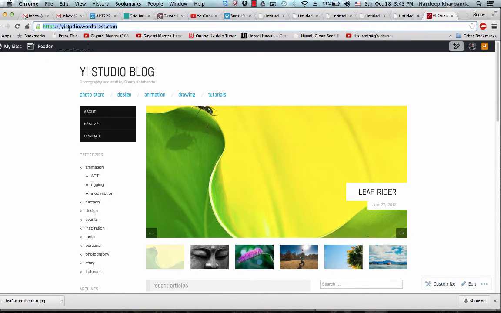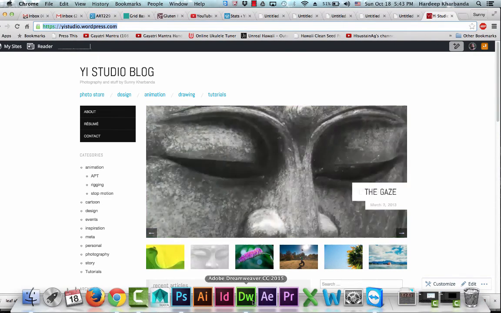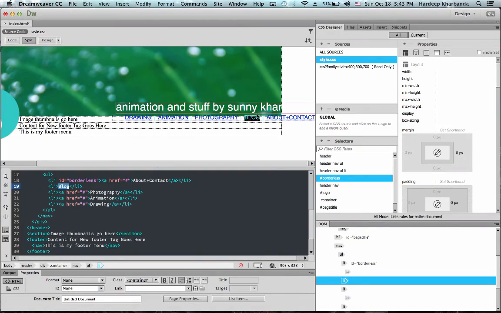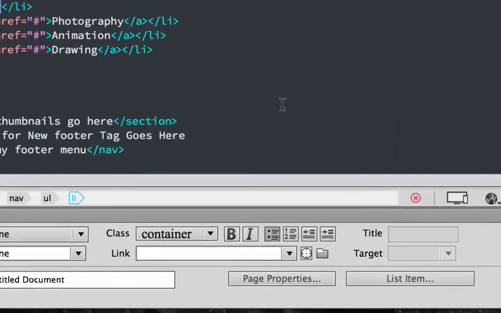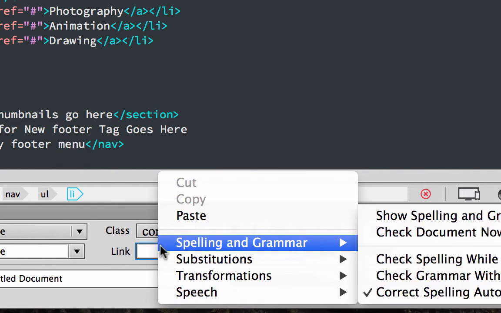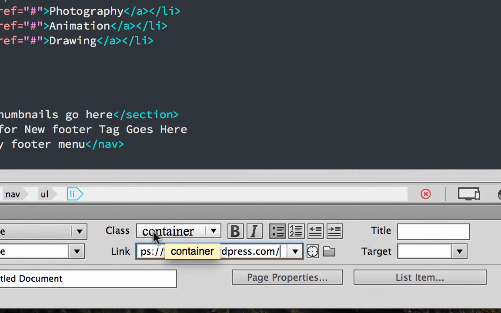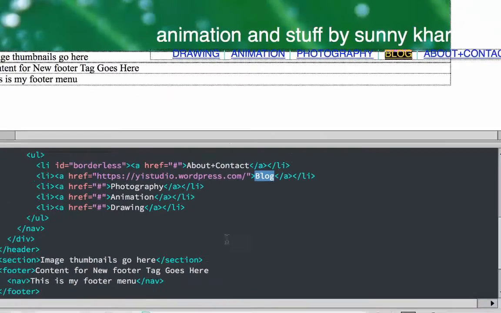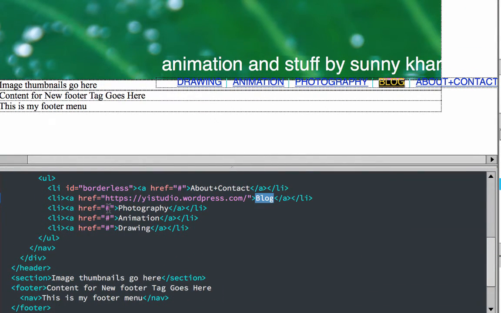Copy my address, and with the word blog selected, I come down to Properties, and under Link, I simply paste it and hit Enter. Now the word blog has been linked to my blog address.